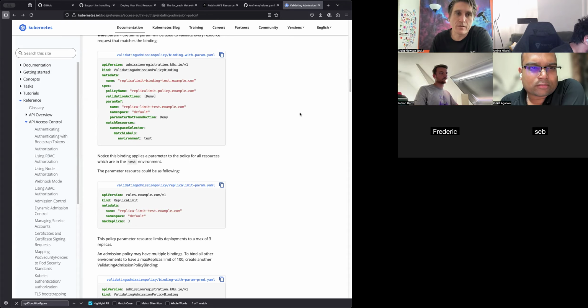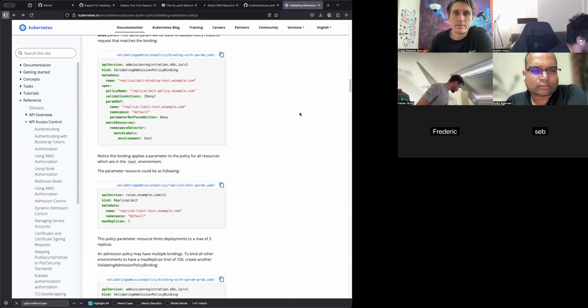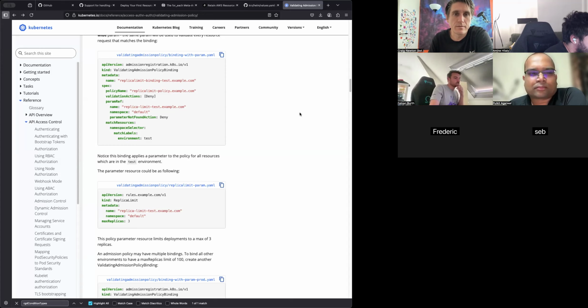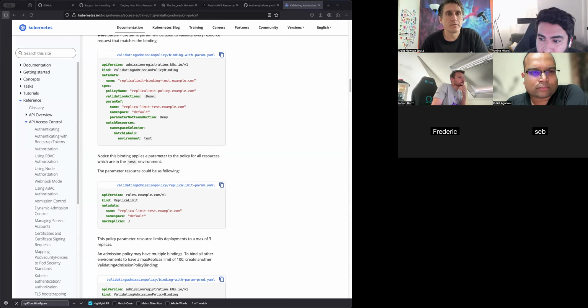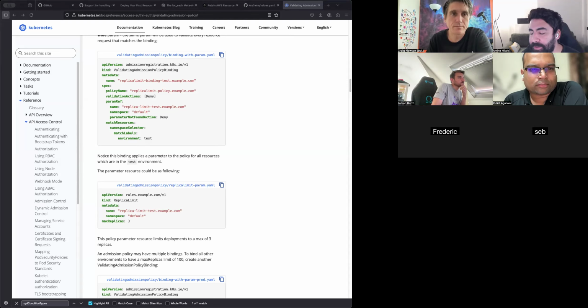I'm not sure if it could just be a Helm change, depending on how you deploy this in your environment, or whether it's some kind of runtime change that you can apply.